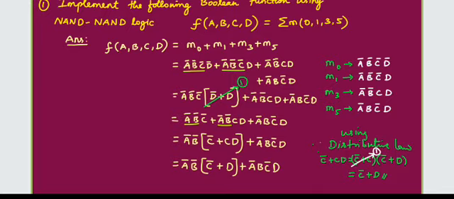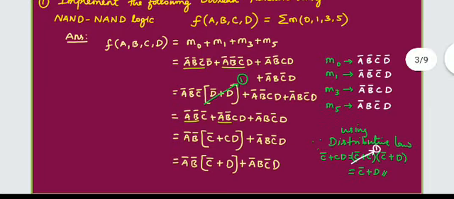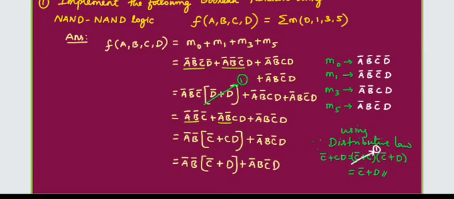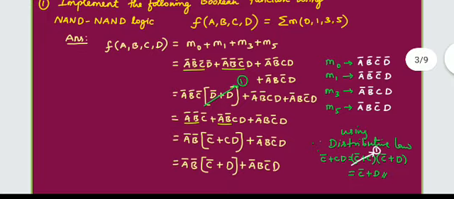So one thing we should remember, four variables given here. A, B, C, D. Four variables given here. Four variables means how many combinations will come? 16 combinations will come, right? And which term is given in the question? Min term is given. And summation m of 0, 1, 3, 5 means what? It means addition of m0 plus m1 plus m3 plus m5. Addition of all these four min terms.